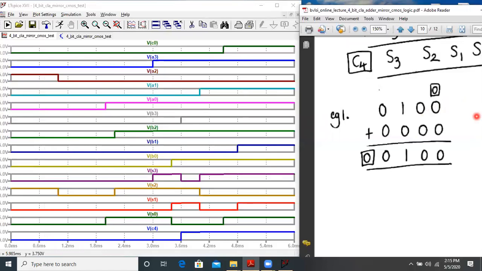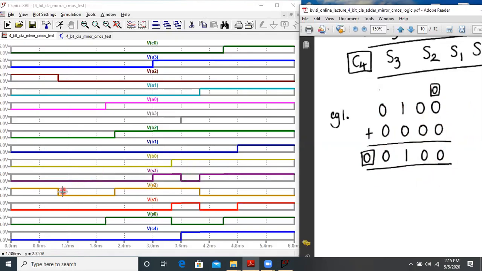Now let us check it by making the addition manually. 0 plus 0 is 0, C0 is 0. Next is 0 plus 0, again 0. Then 1 plus 0 is 1, and 0 plus 0 is 0. So indeed the first example is verified. As per the waveforms, the result is matching, so the sum bits and the carry bits are perfectly fine.